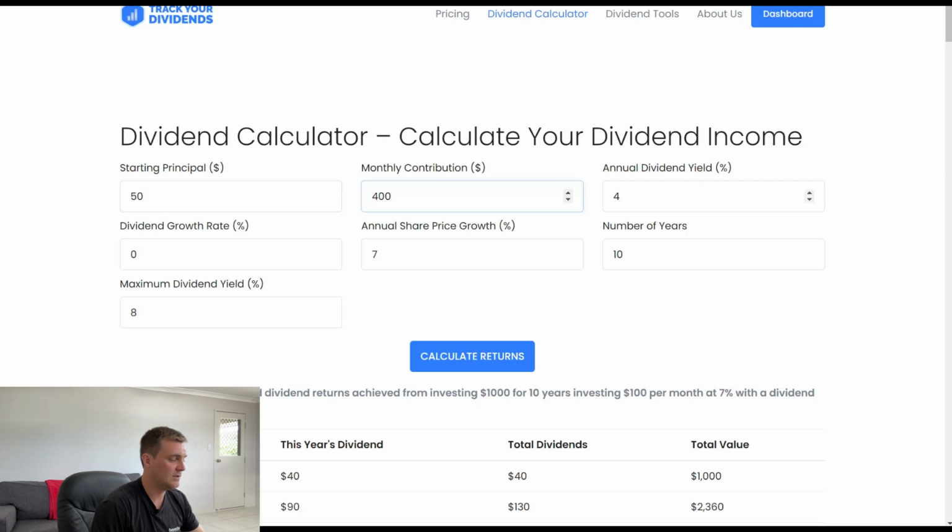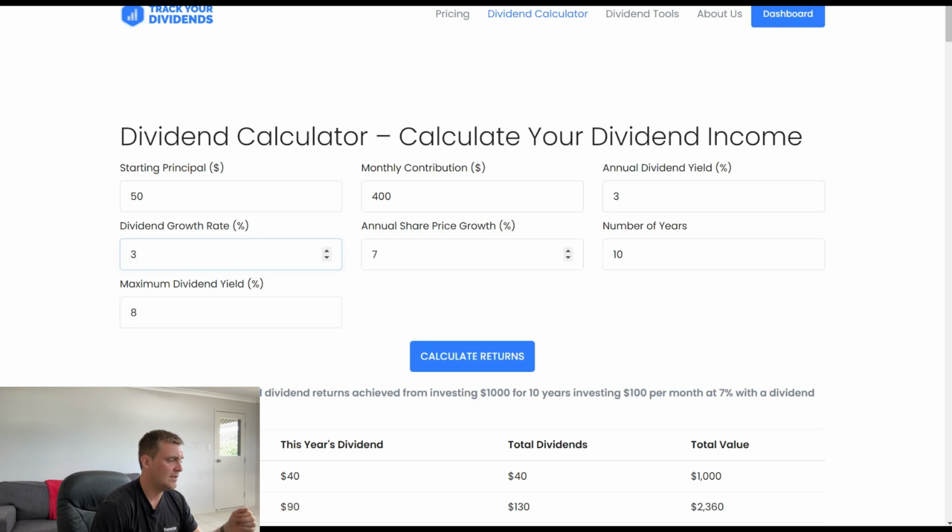But let's just say you only get like a 3% dividend yield overall on your money. Generally, if you choose stocks like SCHD, Coca-Cola, McDonald's, and they actually grow their dividend over time by 2 to 3%, you can actually click 3% of dividend growth rate. We'll keep the annual share price at 7%